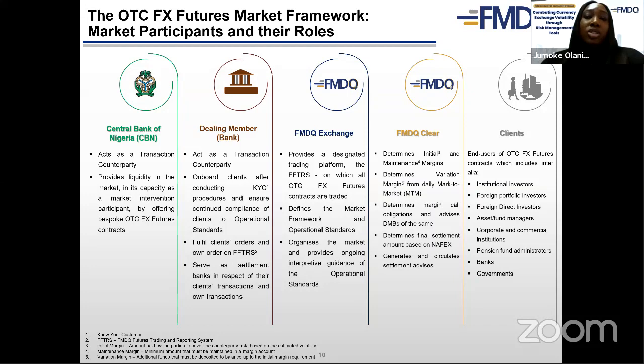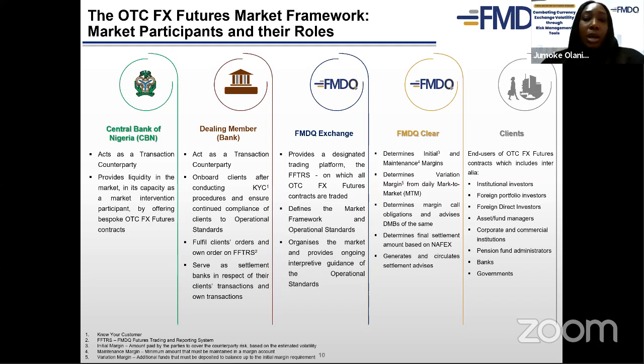These are the transaction counterparties, or the direct transaction counterparties, to the trade with the Central Bank of Nigeria. The dealing member banks in this context are also the ones who facilitate the purchase of the Naira settled OTC FX futures for clients. Therefore, they're responsible for all the necessary KYC requirements for a client who wants to purchase the Naira settled OTC FX futures, and they therefore purchase it from the central bank and sell to the